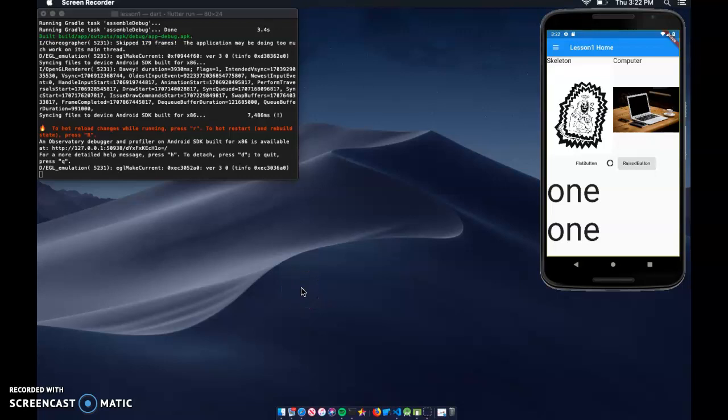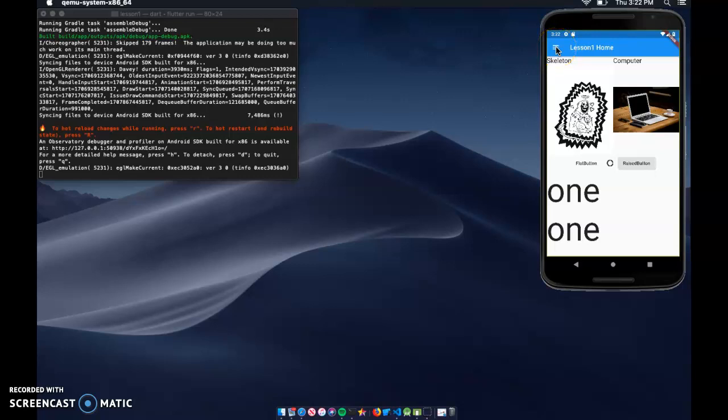Alright, so this is going to be lesson 1 video 2 demonstration showing the changes that I'd made. So obviously there's a few changes here. I changed the text above each photo here, just kind of as like a label. I moved these buttons over and centered them into the middle of the screen here. They weren't